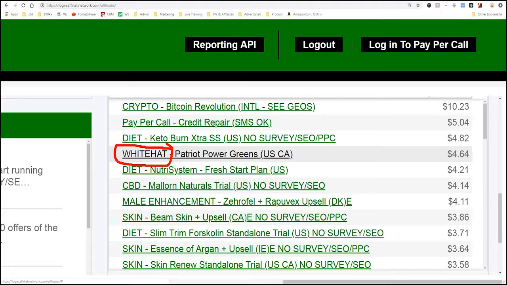This is considered a niche, which is called white hat. White hat is considered a niche because basically a lot of these offers, they're very aggressive and you can't advertise them through traditional means. You can't just put up an ad for a cryptocurrency offer on Facebook. Facebook has outlawed cryptocurrency offers. They've also outlawed a lot of weight loss offers. So white hat is a vertical because it's saying you can advertise this product safely on Facebook without too much fear of them disapproving your ad or banning your account. That's why it's considered a vertical.